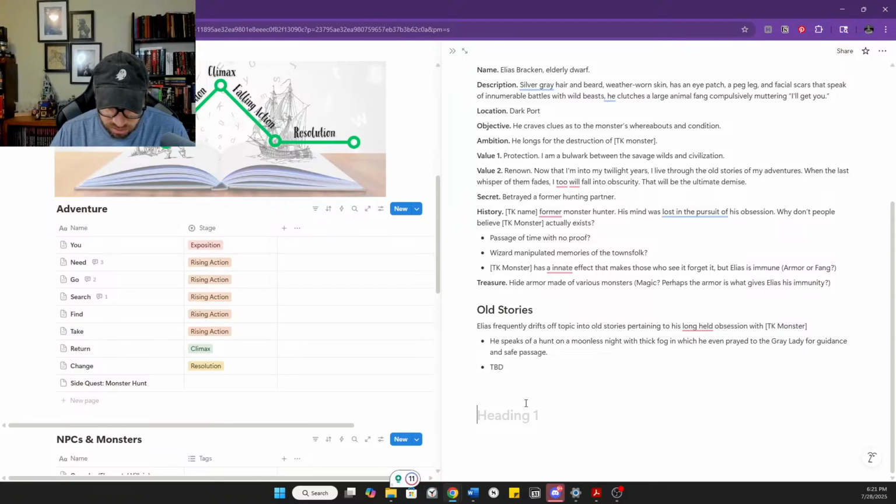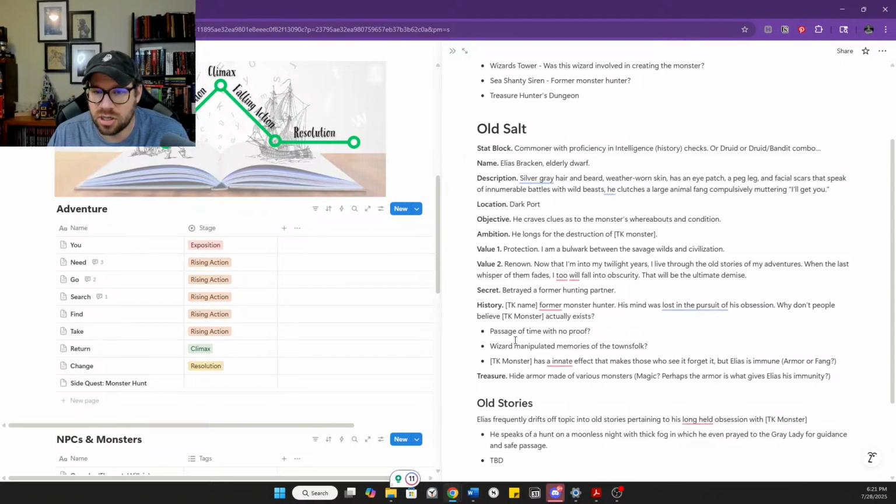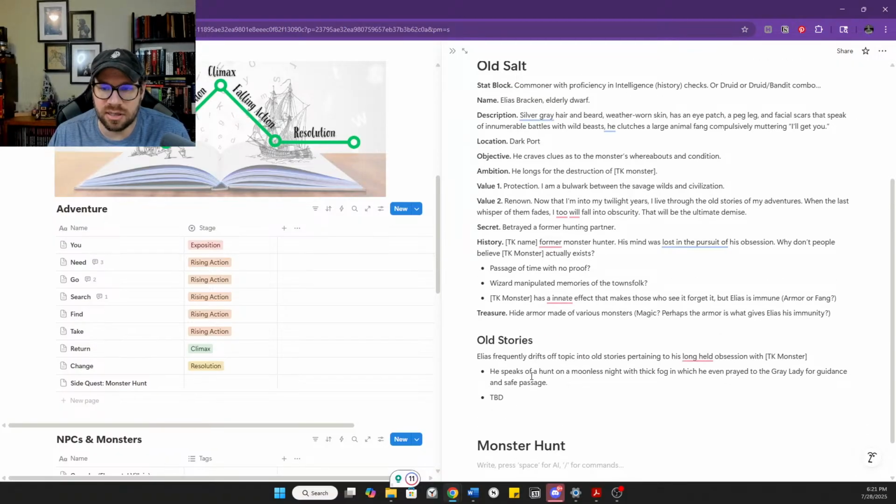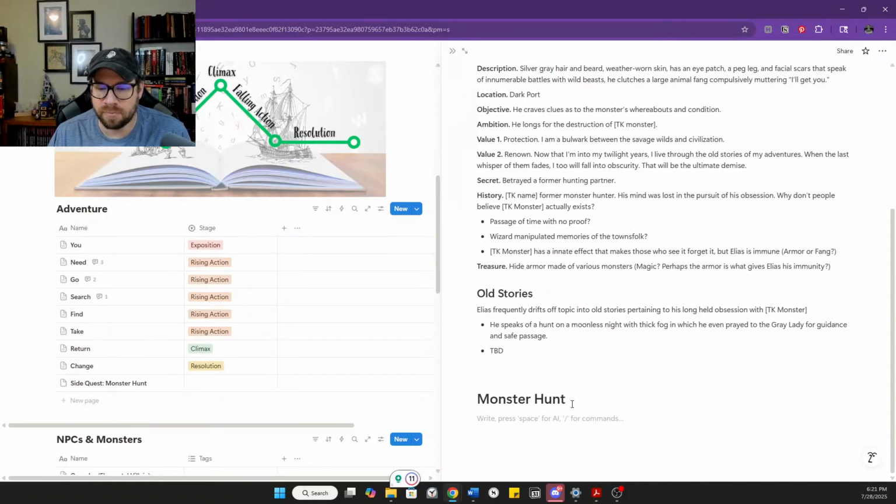Let's see, monster hunt, and we're just going to jot down a couple ideas, and then I think we probably want to finish up our old salt before we get too far into this. So we can finish up Elias, because he doesn't have that many more details that we need to put in here. But let's not lose the thoughts we've come up with so far.